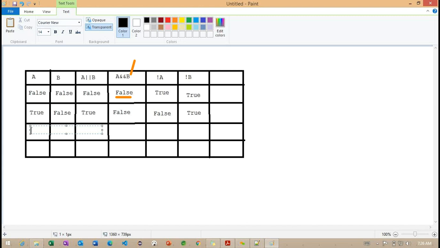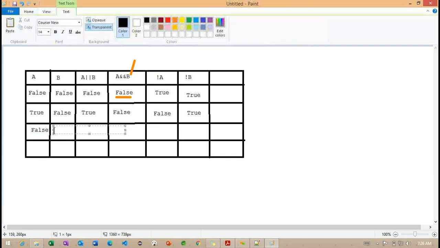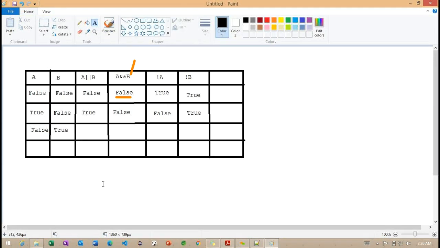So let me provide one more type of expression here. I'm making the A value false and the B value true. So what about this particular A OR B condition? The A OR B is going to return true.